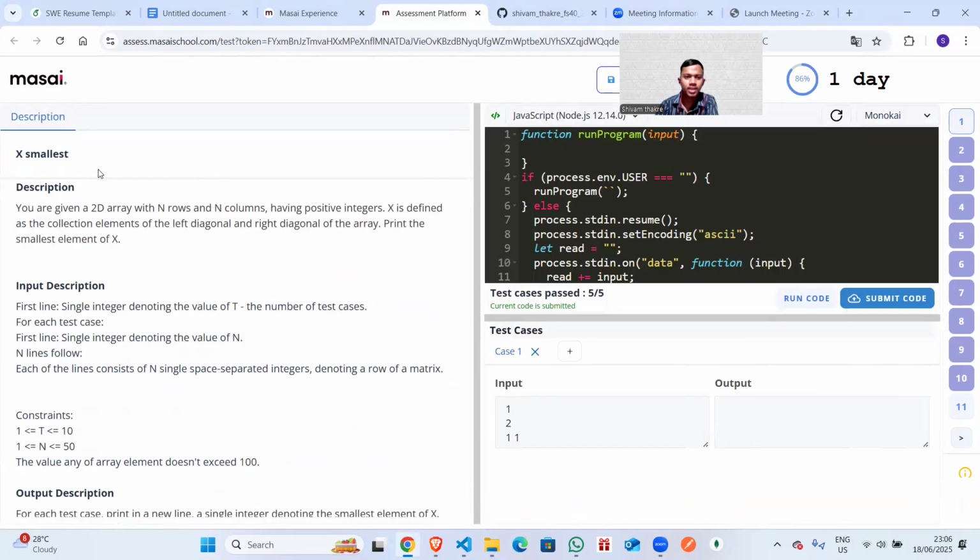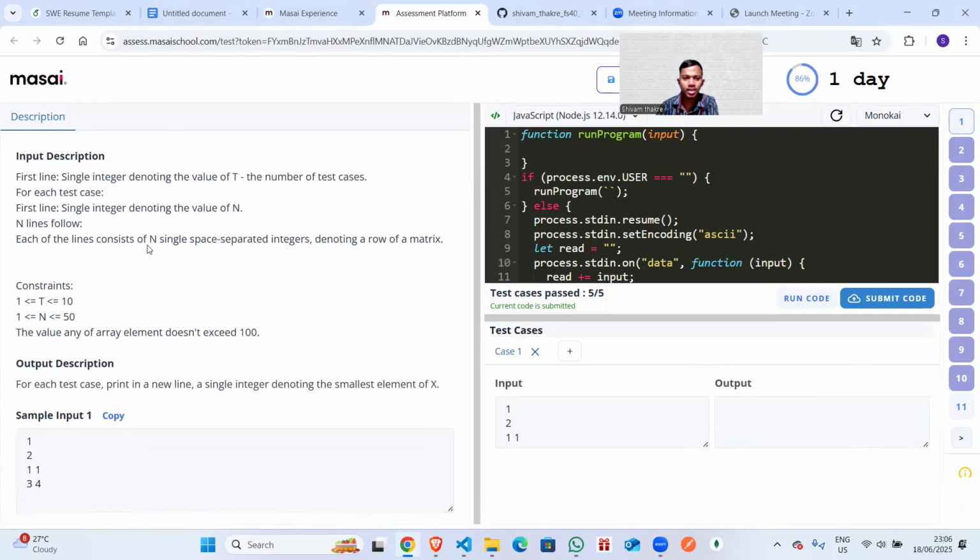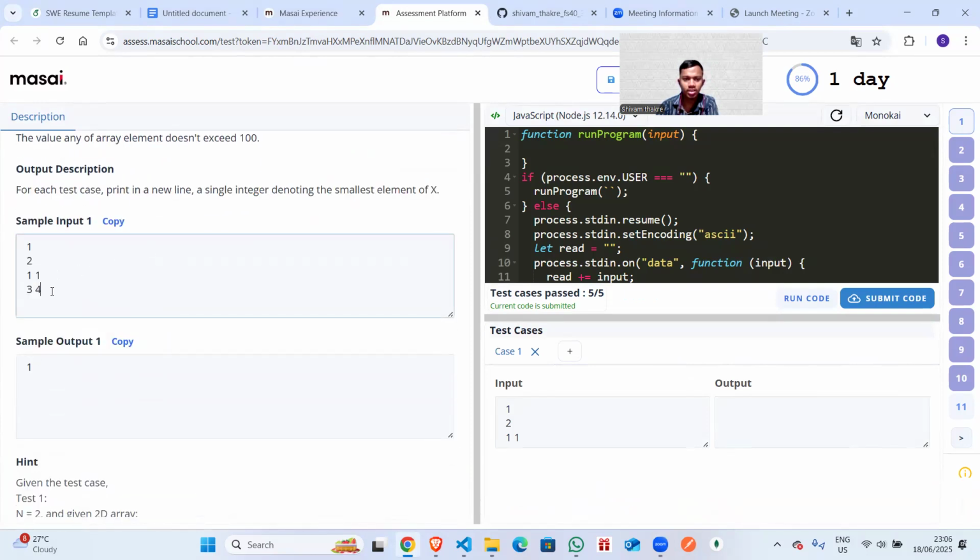So the first question is X smallest. You are given a 2D array with n rows and n columns having positive integers, and X is defined as a collection of elements of the left diagonal and right diagonal of the array. Return the smallest element of X. So the question says that there is a 2D matrix and we have to find the smallest element from the left diagonal and right diagonal. Left diagonal is 1 4, right diagonal is 1 3. So we have to find the min element, the smallest element of